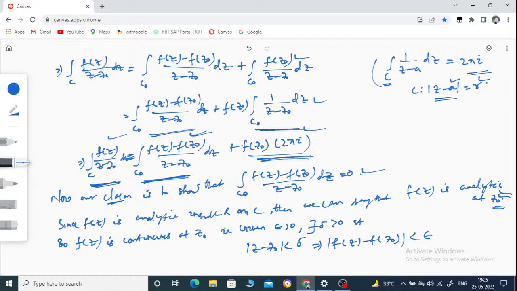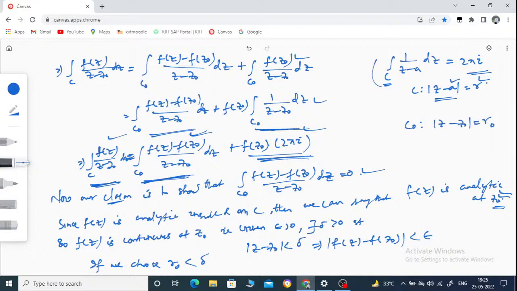This thing we already know from the epsilon delta definition of continuity of a function at a point z0. Okay, so if we choose our r0 less than delta,